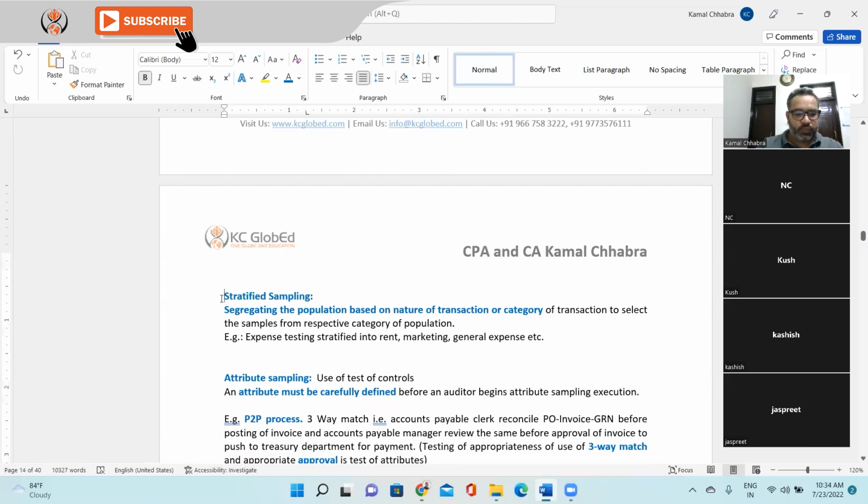I can put the pointers over here. Third is the stratified sampling. And then fourth